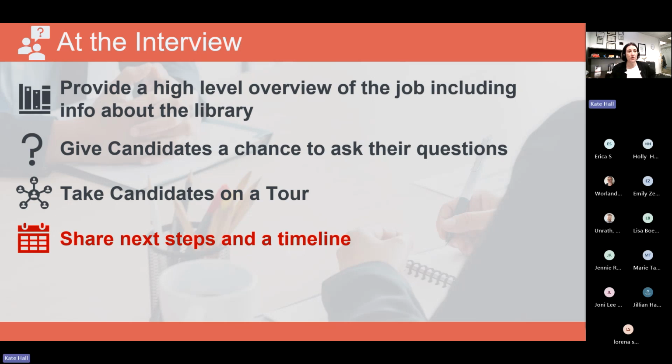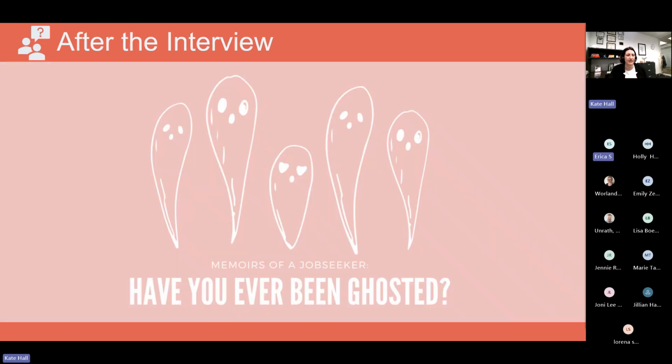Give a high-level overview. What does the job entail? Make sure that candidates have a chance to ask their questions. We like to give candidates a tour, even if it's only 5 or 10 minutes. Make sure that you're sharing next steps. This is one of my pet peeves. If you've ever applied for a job and just never heard anything, or interviewed and never heard anything,